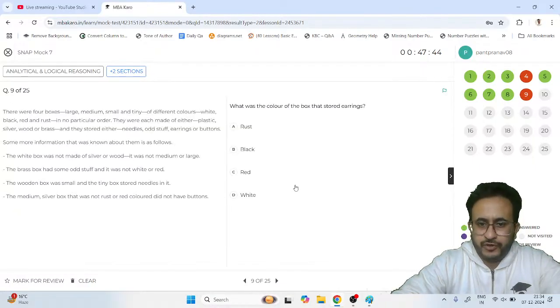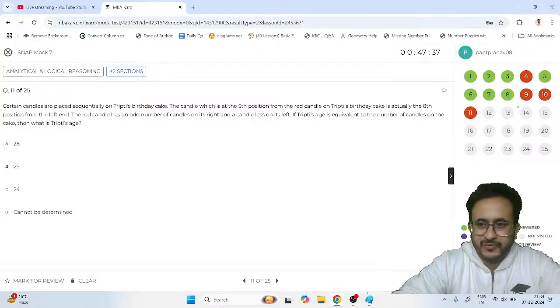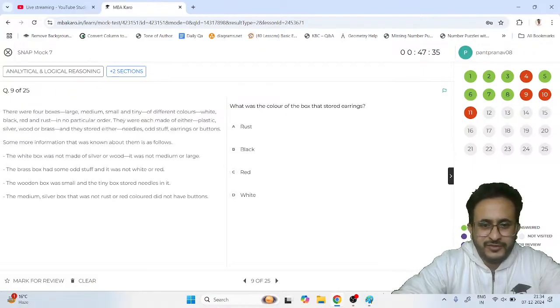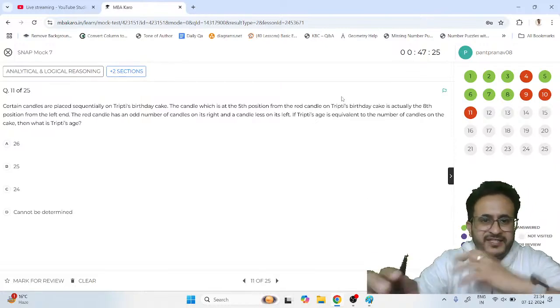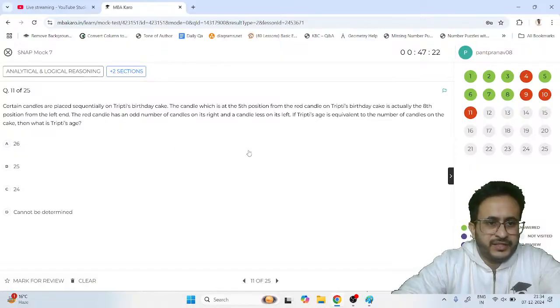Okay, so there are 4 boxes, and I think this is from the NMAT question. So we must have used it from that NMAT official mock. So 2 questions from this. Let's skip that. We will come to it later. Remember, we have to do quant also. So by 35 minutes, I'll finish some of the questions and then come back to it.